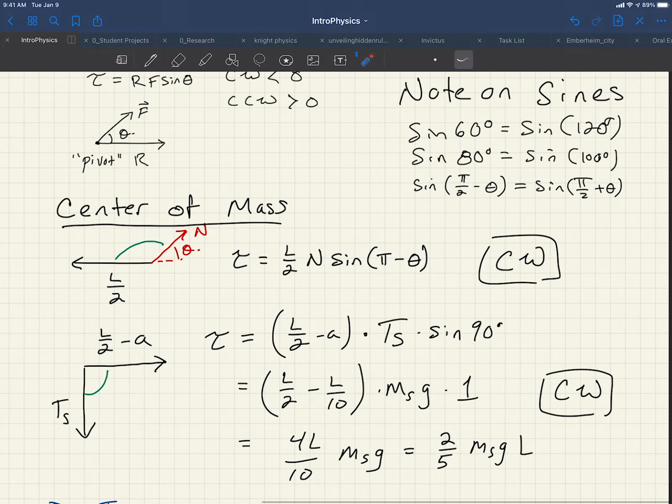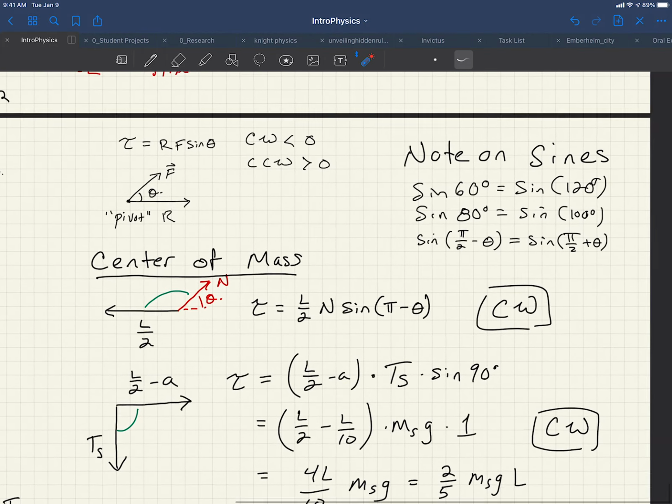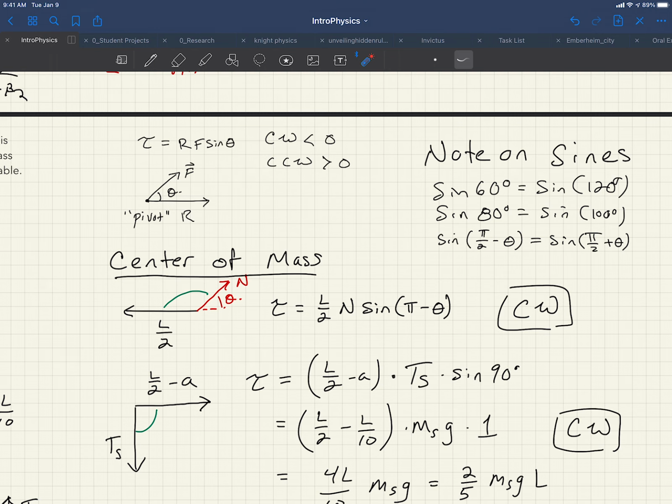So let's go back now and look at a torque analysis. So again, what is torque? Torque is basically